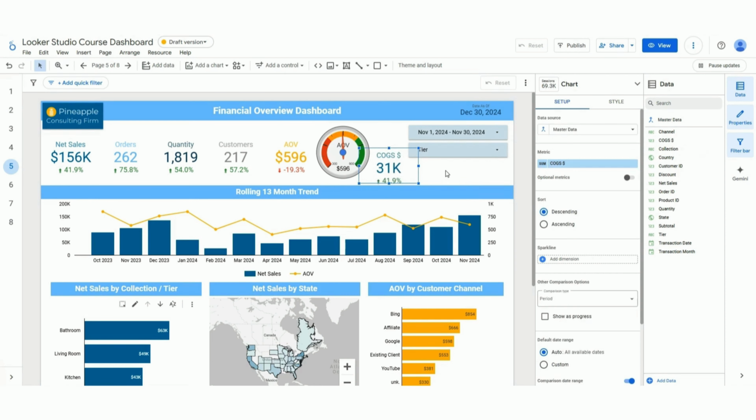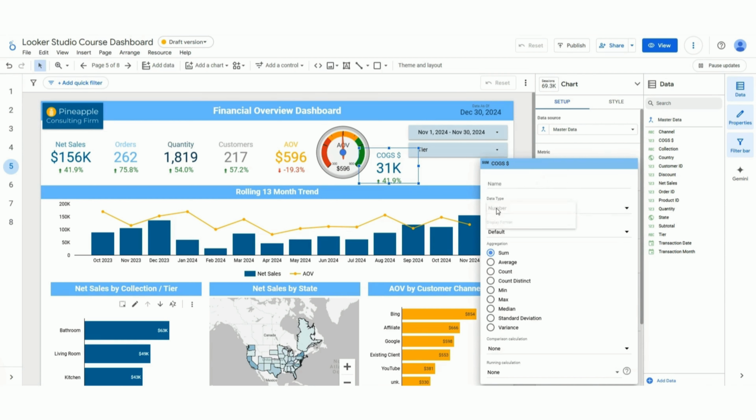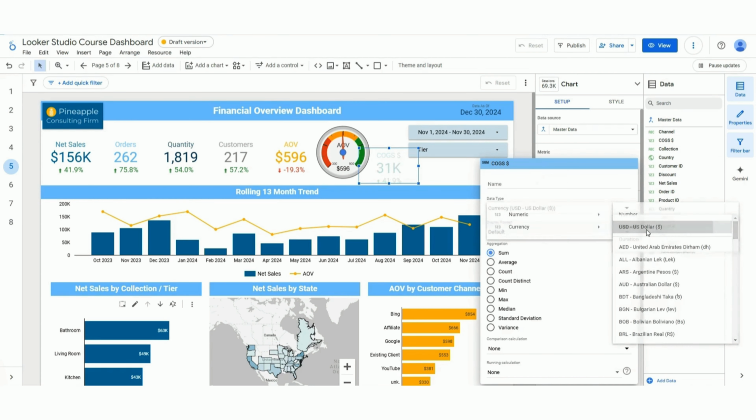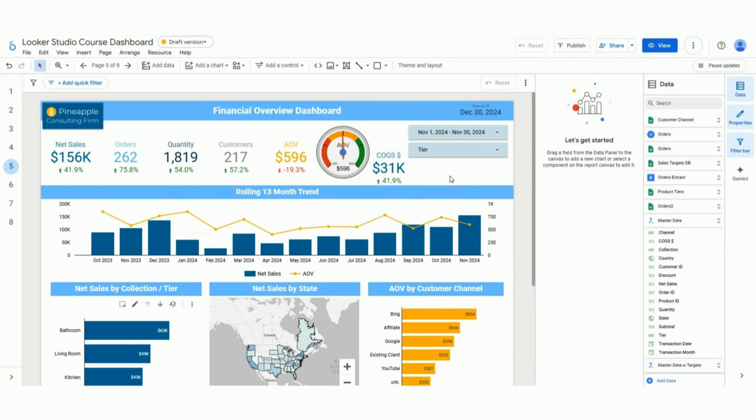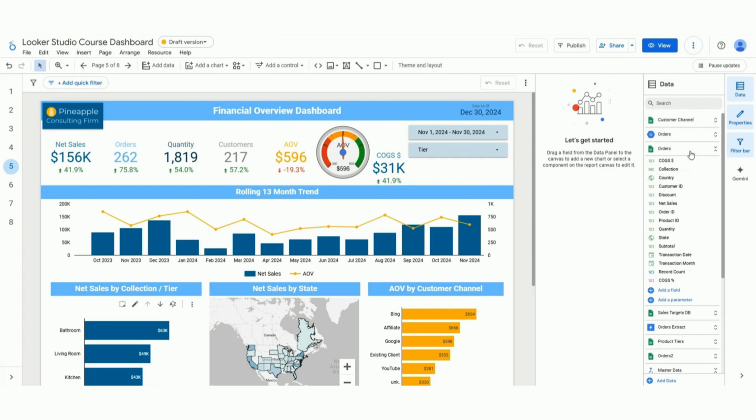Now 31K, perfect. So we can go in there and the orders table, we can default this to a currency. We can of course default it to a currency here as well. And it naturally is also up about 42% since it's just a straight multiple. And that's great that we have the visual now, but what about a user who wants to make that change? And they want to say, no, this month is going to be 25%. That makes more sense. So what we're going to do here is we're going to go back into our orders,